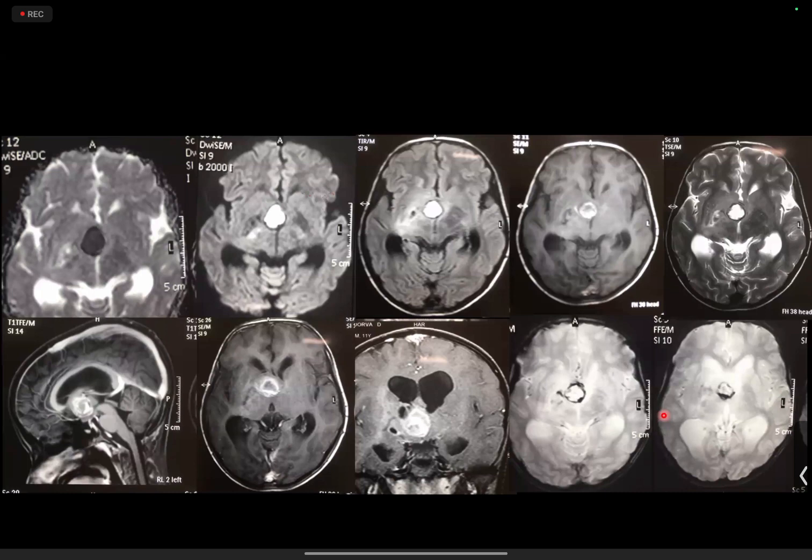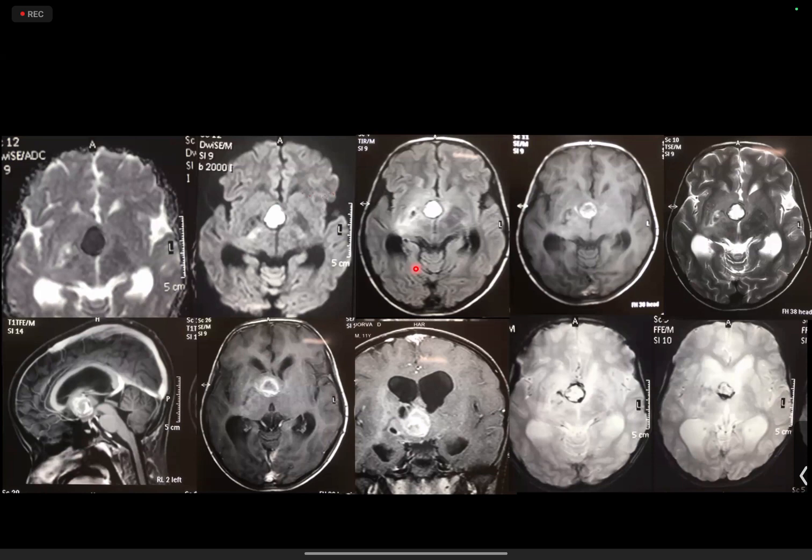On susceptibility, there is peripheral susceptibility on the SWI images. And on T1 axial non-fat images, there is hyperintensity as well. So I would suspect a suprasellar mass which has hemorrhage within it, and it shows restricted diffusion in the center of the tissue. Yes. So it is not a craniopharyngioma, they generally do not hemorrhage.